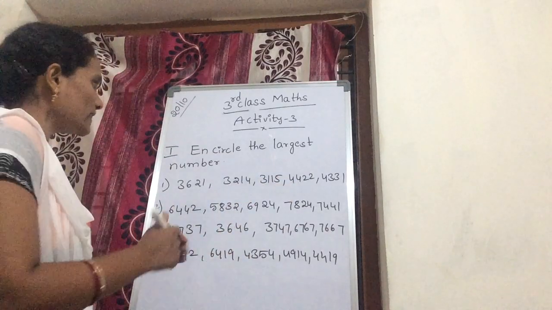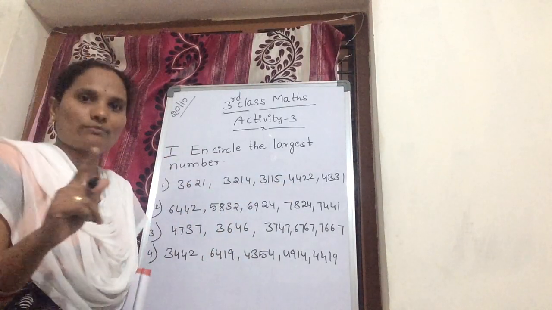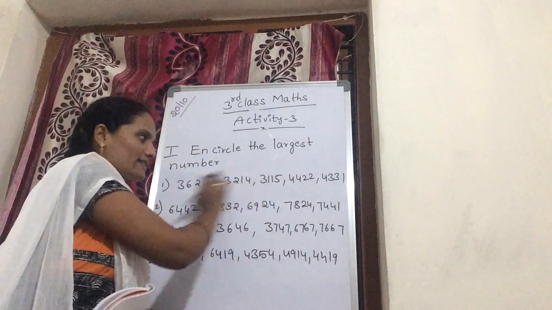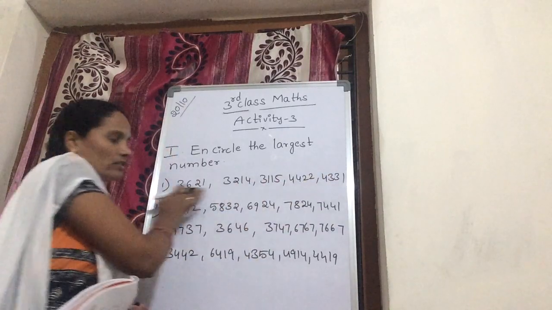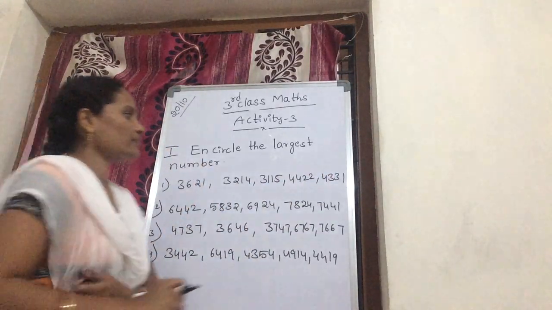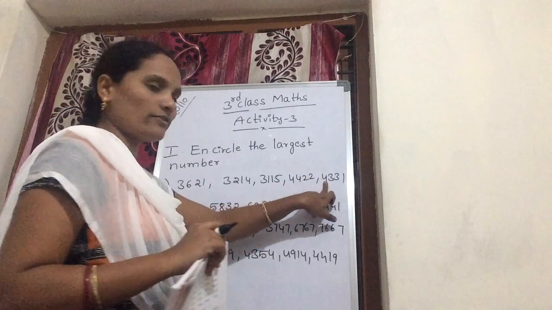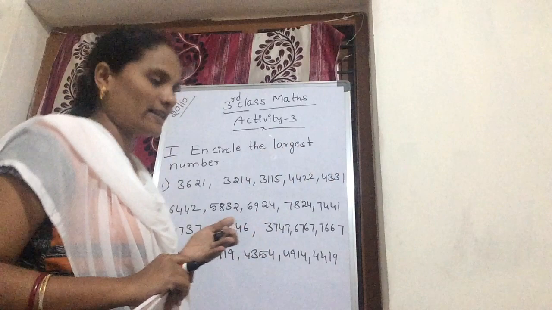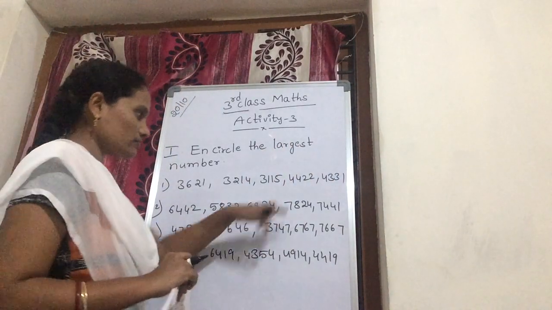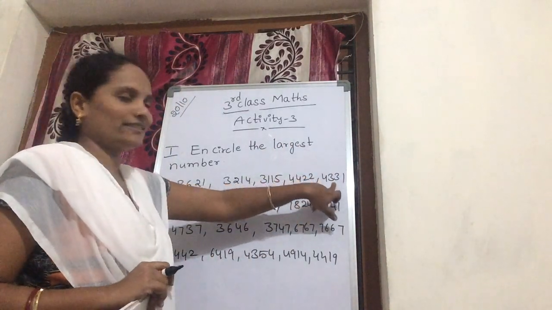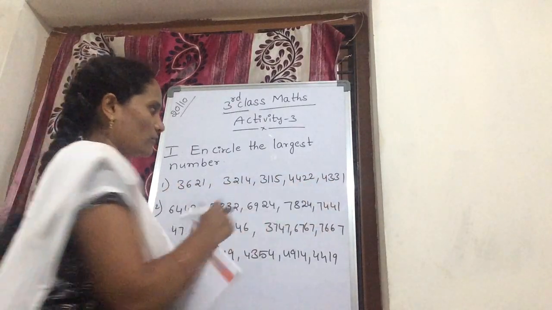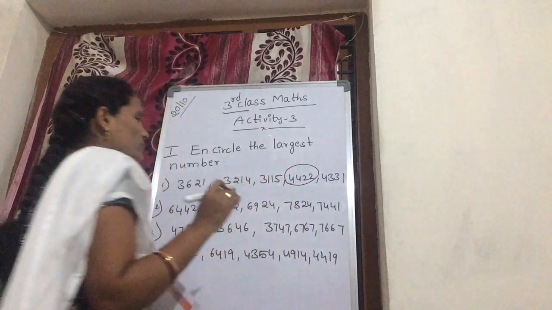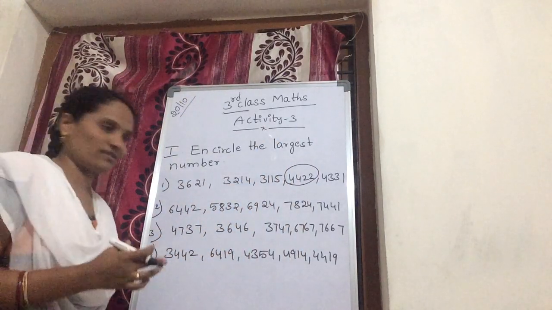You need the largest number. So you compare these two numbers, because these are having 3 in the 1000 place. These are all small numbers. Now here 4, here also 4. We are checking in the 100 place. Next, go to the next place value, that is the 100 place value. Here 4 is there, here 3 is there. 4 is the big one. So what is our greatest number? 4422. You put a circle to that largest number.